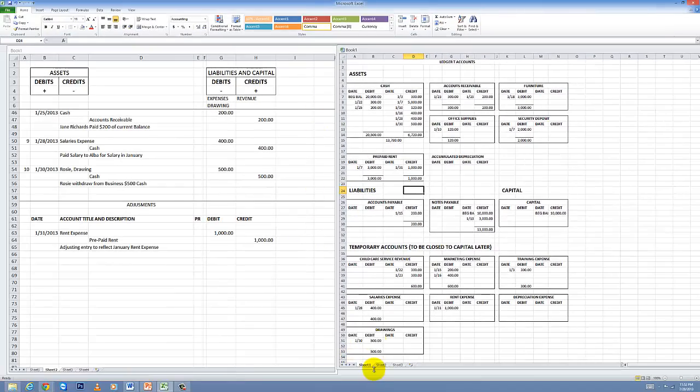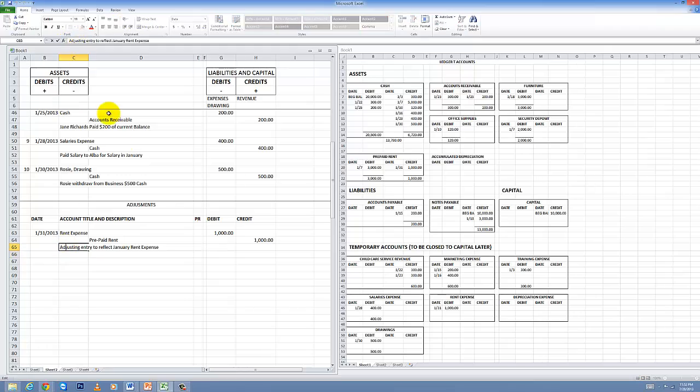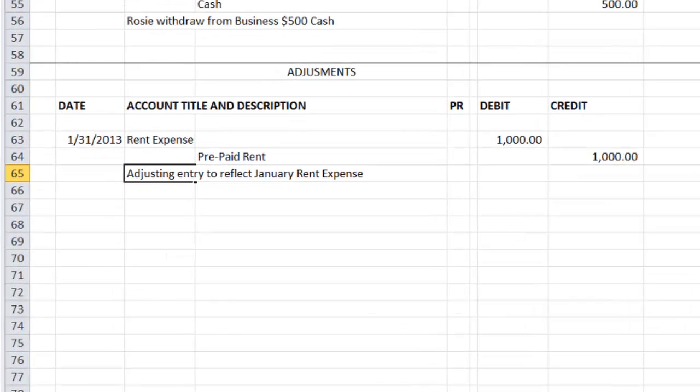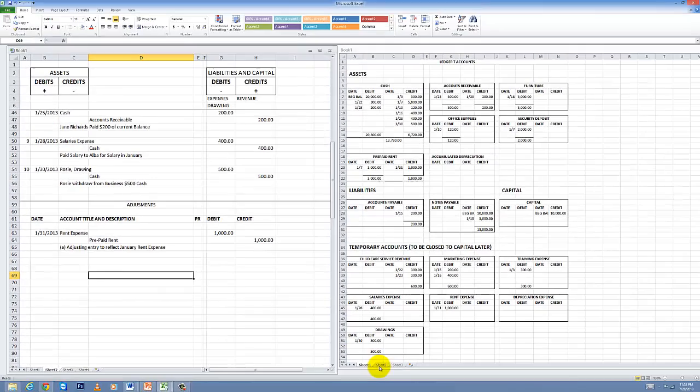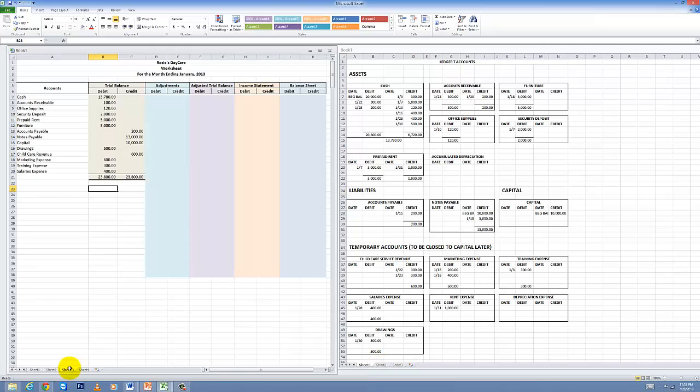Once we do that, we also go back to this first transaction. We're going to add a letter to it, or a number. So here we could just put A. So we know that this is the A transaction adjustment expense. So we keep track of when it happened, and then we can go ahead and go back to our worksheet, and we know that we